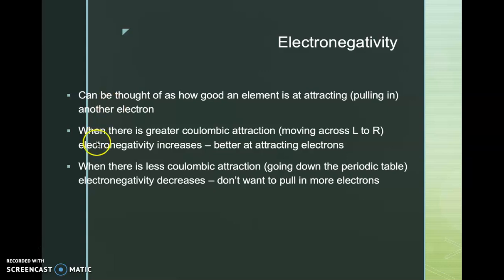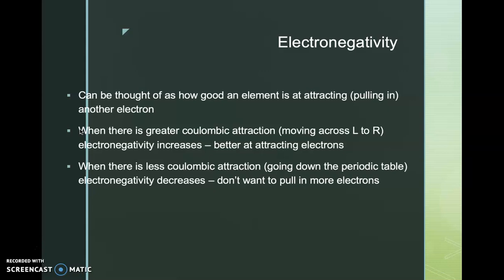So when there's greater Coulombic attraction, when we move from left to right across the periodic table, the electronegativity increases. That's because they are better at attracting electrons. Remember that element, that atom, is really good at hanging on to the stuff it already has. It doesn't want to let it go, and it is so good at that